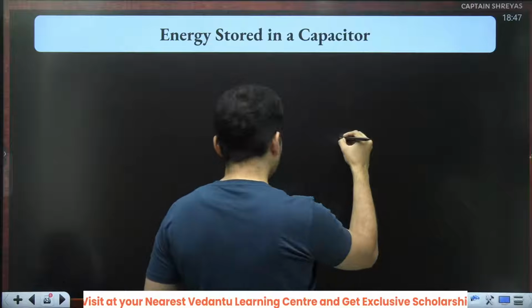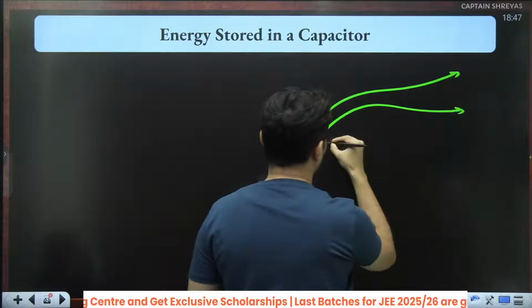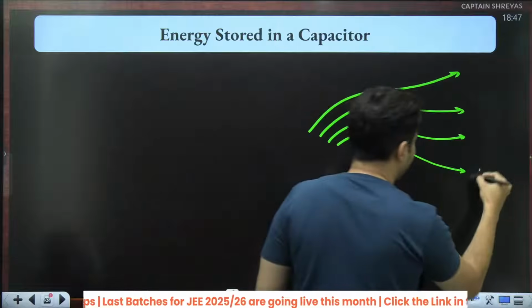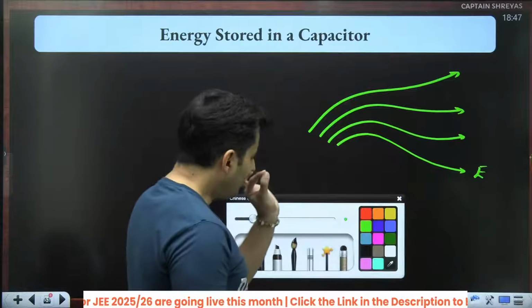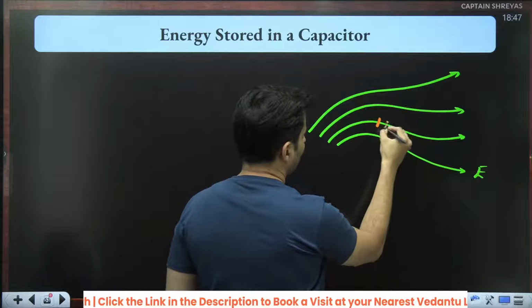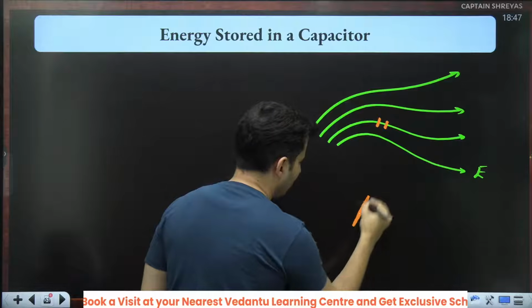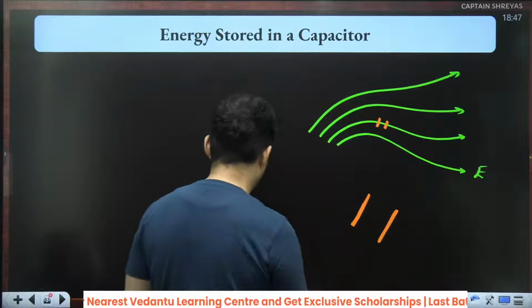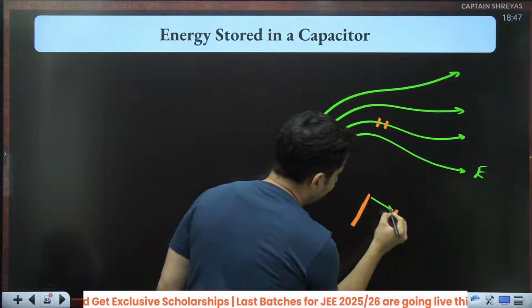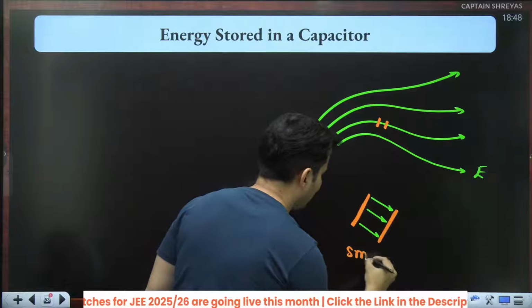Imagine an electric field, non-uniform or uniform, doesn't matter. Something like this, some electric field somewhere. You consider a small region, maybe somewhere here. In that small region, if you show it in a zoomed-in manner, because it's a very small dV volume, you will see that the electric field is roughly constant. Isn't it looking like a small capacitor?